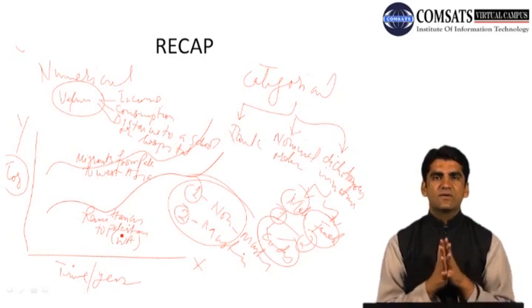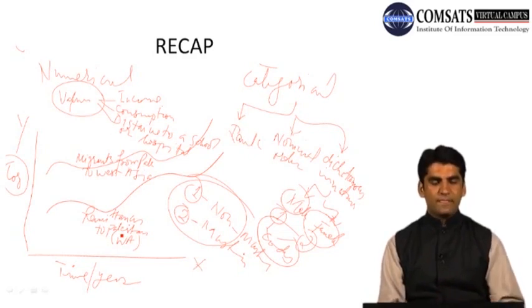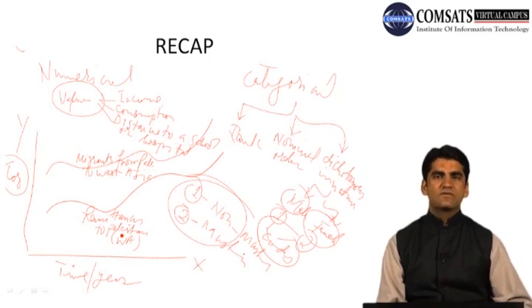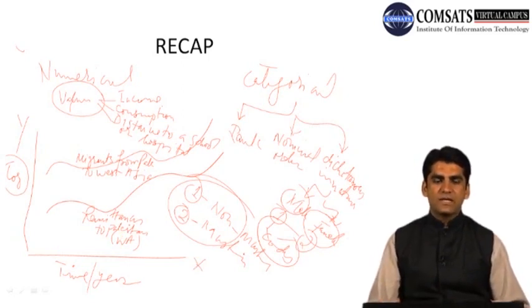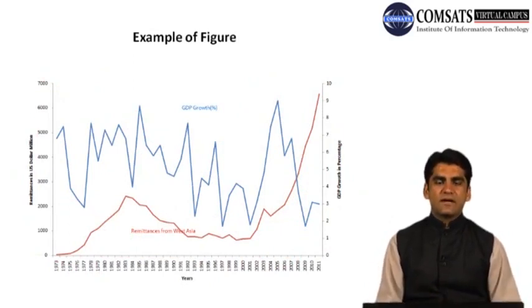Based on that, we think of what kind of graph or table we can make out of the data which is available to us. So these are the 5 points that we have to keep in mind when we are designing or drawing our tables and graphs. Today we will continue from here and we will see what kind of various tables and graphs we can have, and how to improve them. So for example, this is another example of a graph.